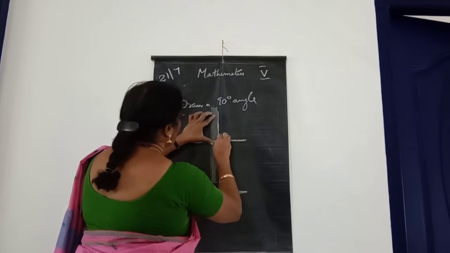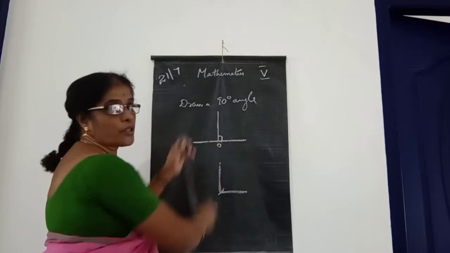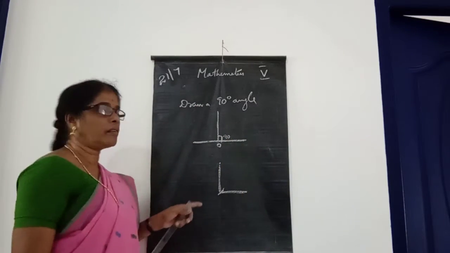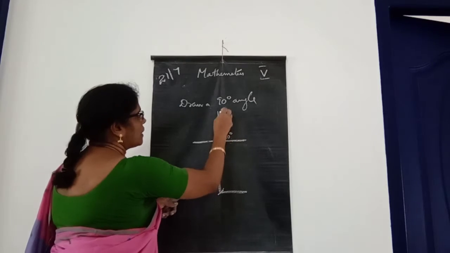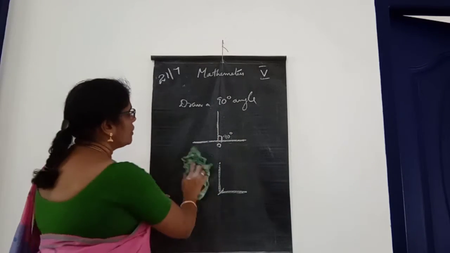Yes, so this one is the 90-degree angle by use of a protractor. Okay, 90-degree. You can write it like this. Then next one, if you draw a